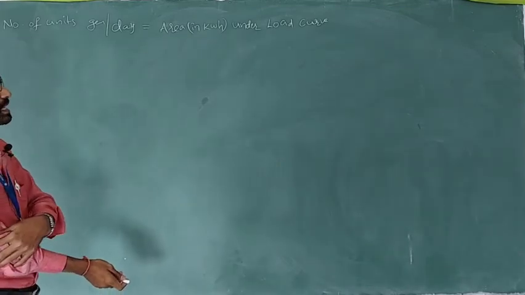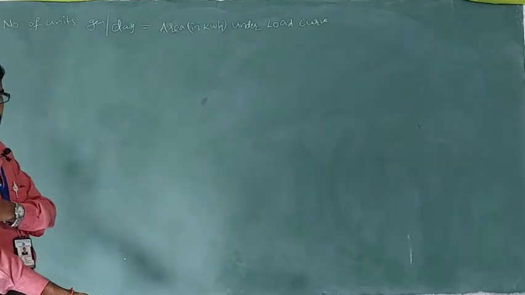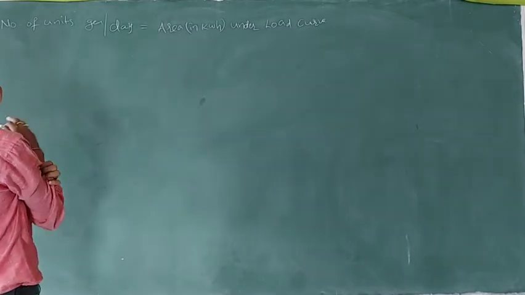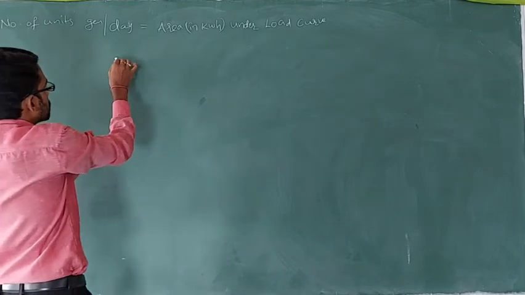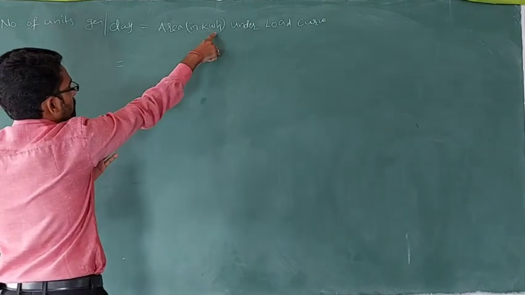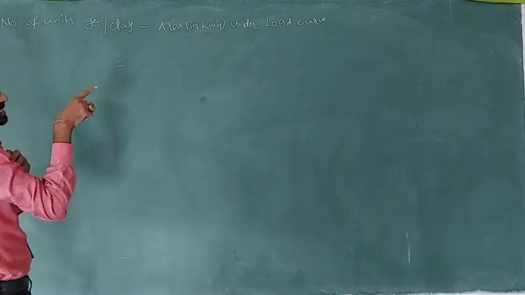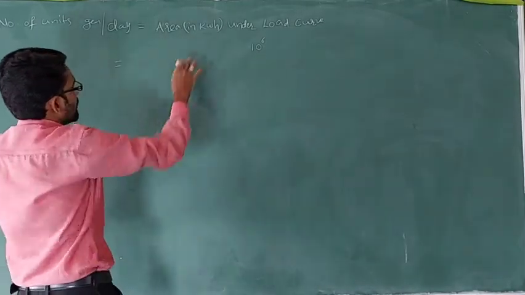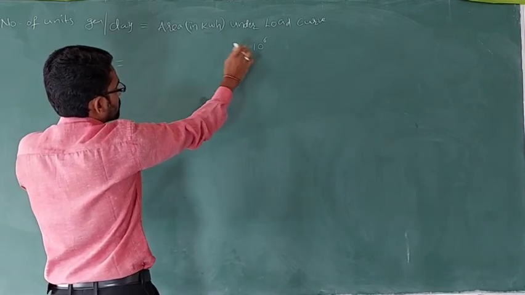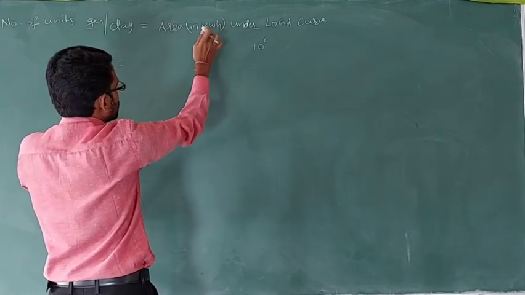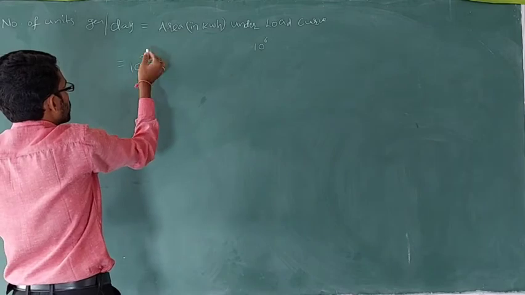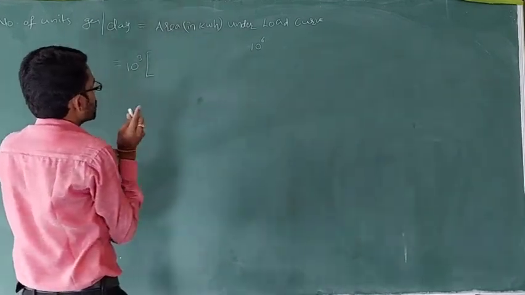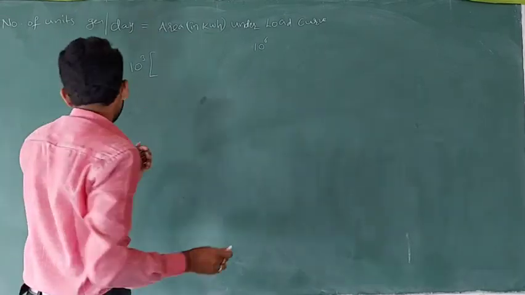So, how to calculate the area? Area means you have to calculate the multiplication of x axis and y axis values. Here in kilowatt hours he is asking, but the load is in megawatts. The load is in 10 to the power of 6, but we are calculating the area in kilowatt hours. So, already 10 to the power of 3 is covered, then you have to multiply with one more 10 to the power of 3 in order to calculate the area under the load curve.